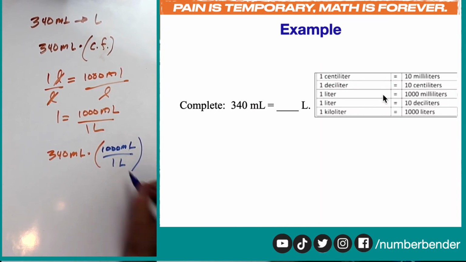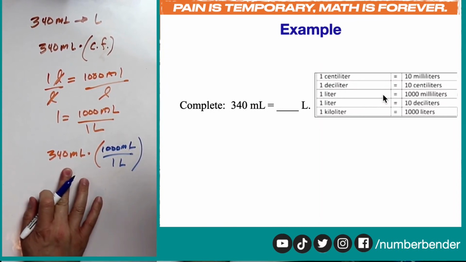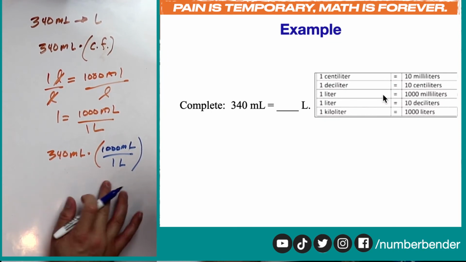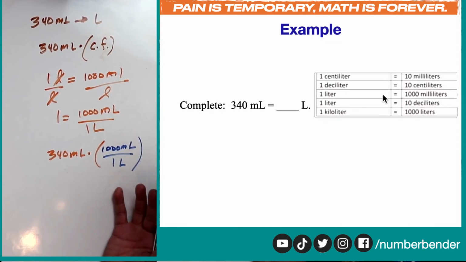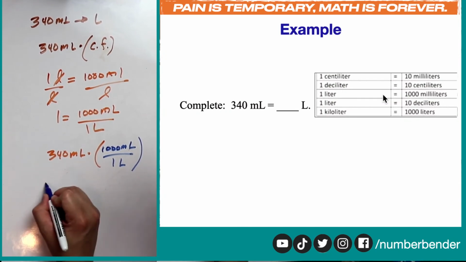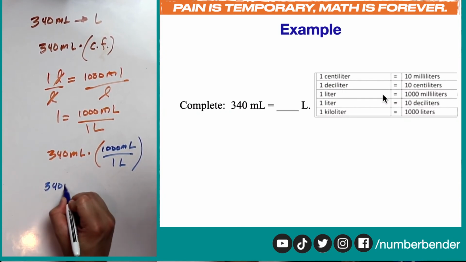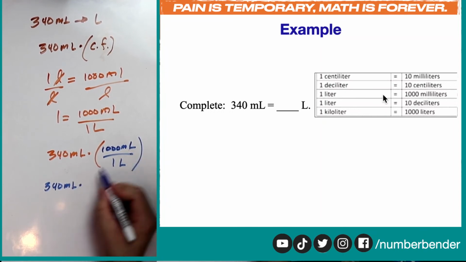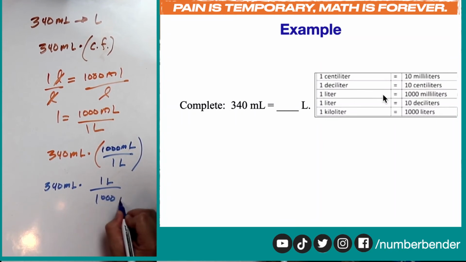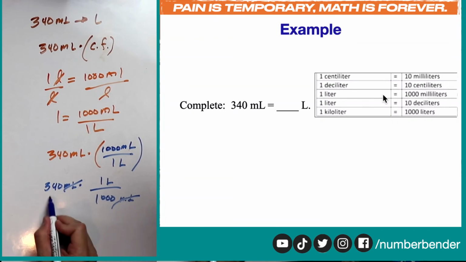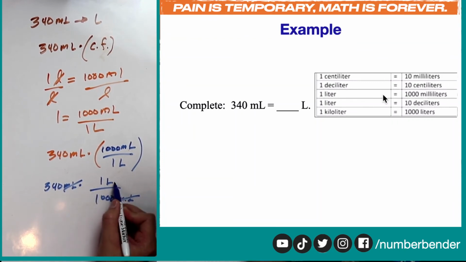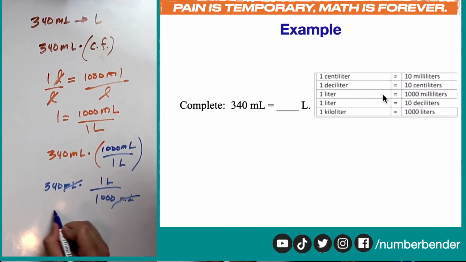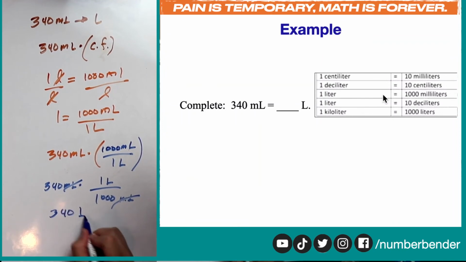all over 1 L. Now we know that we cannot cancel out the ml in this particular conversion factor, so we need the reciprocal instead. So we need another step for this, and we're going to multiply 340 ml by the reciprocal of our CF, which is 1 L all over 1,000 ml. And now we can cancel out the ml, and now we have 340 times 1 L over 1,000, which is equal to 340 L